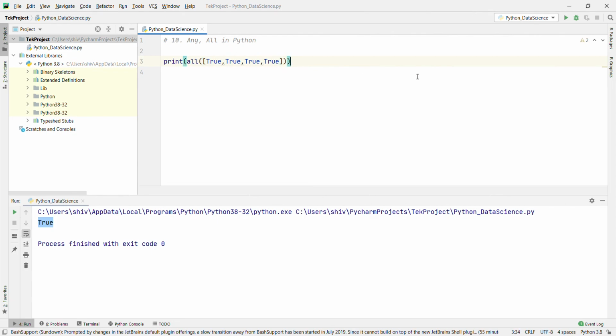Because all are true, it will return true only. Right? Now if you change any one from true to false, then it will return false. Okay? all works the same as and, and any works the same as or. Okay?